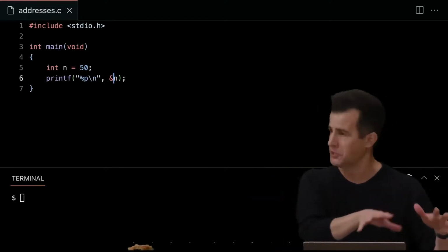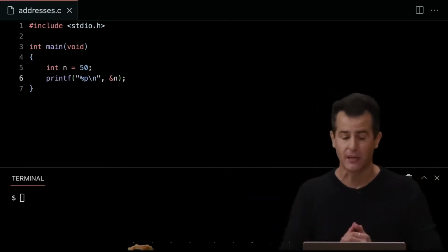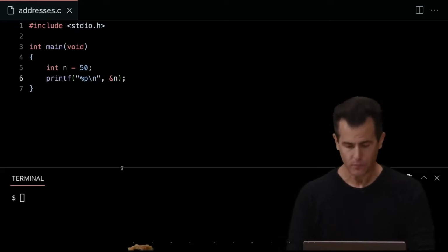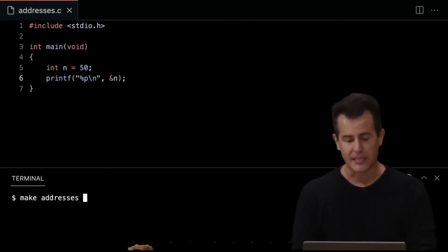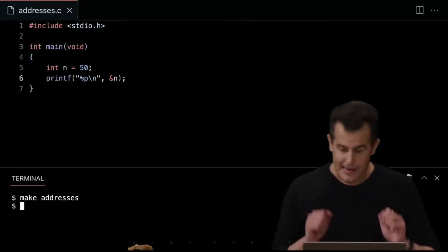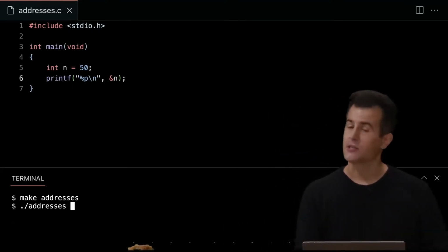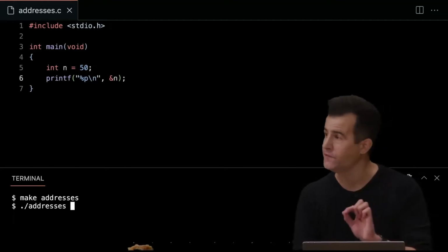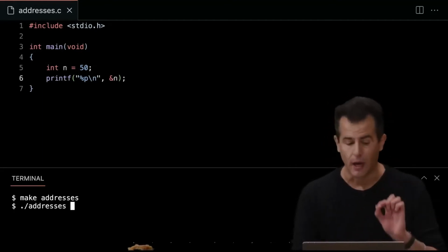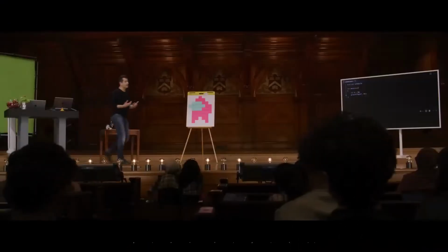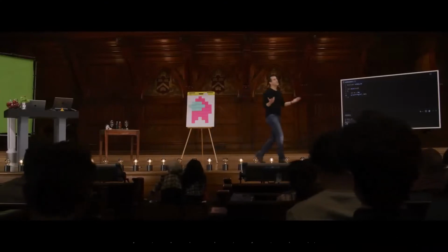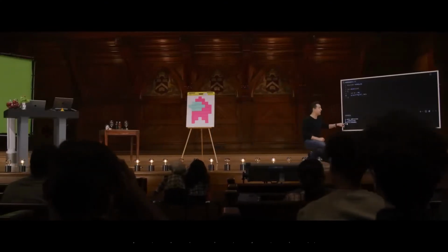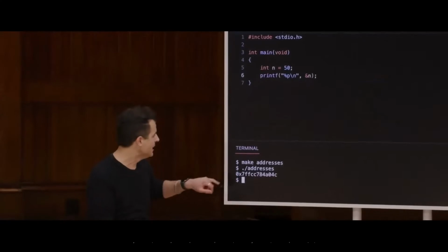And it's not going to be as simple as that. We'll see on the screen, though, where it actually ended up in my code space's memory. So here we go. Down in my terminal, make addresses again to recompile. And now ./addresses should reveal not the value of 50, but the address of 50. And there it is. It's pretty long. It's not quite as simple and pretty as 0x123, but there's the 0x, meaning here's a hexadecimal address, and it's